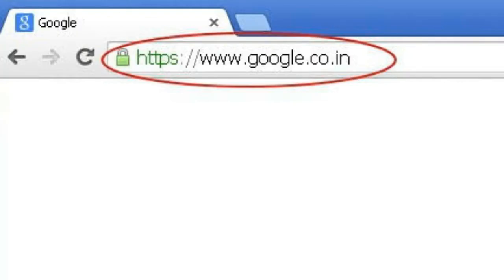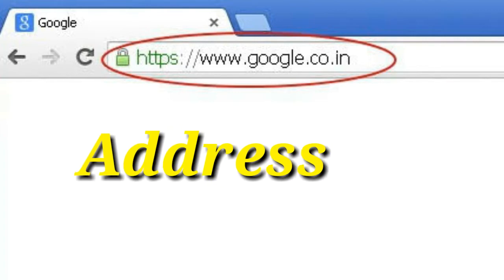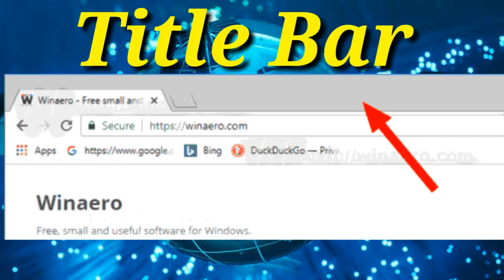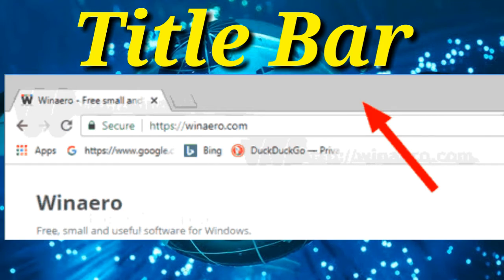Address bar. At the top of your browser, it is located. It displays the whole URL, Universal Resource Locator, of your web page. Title bar, it is exactly at the top above the address bar.